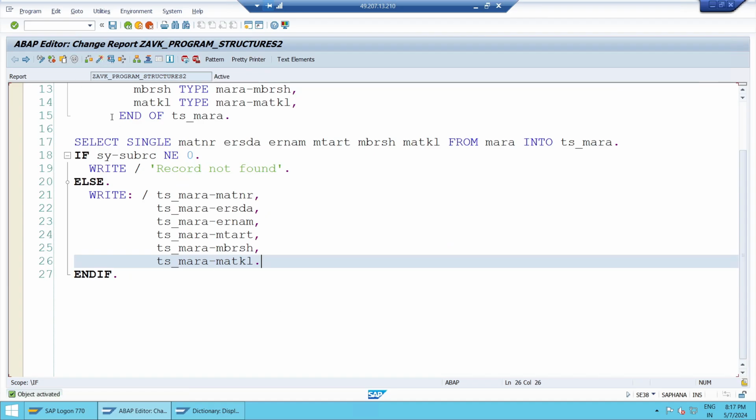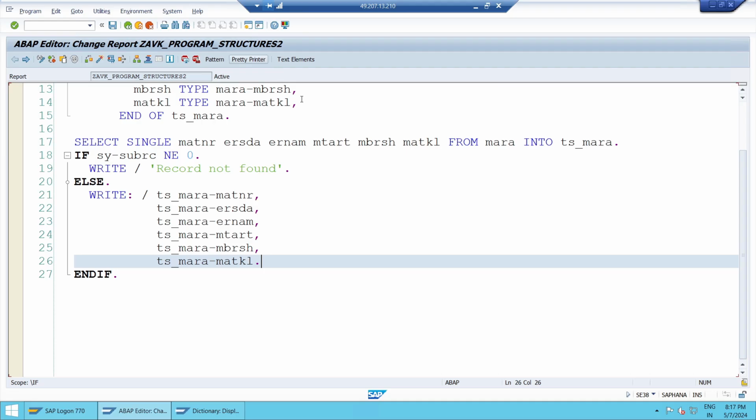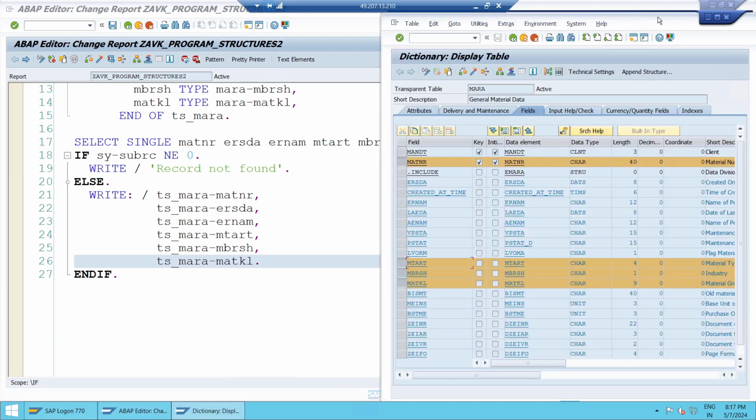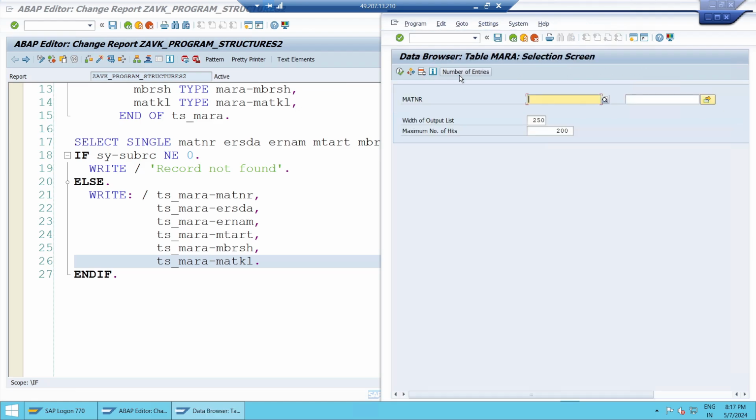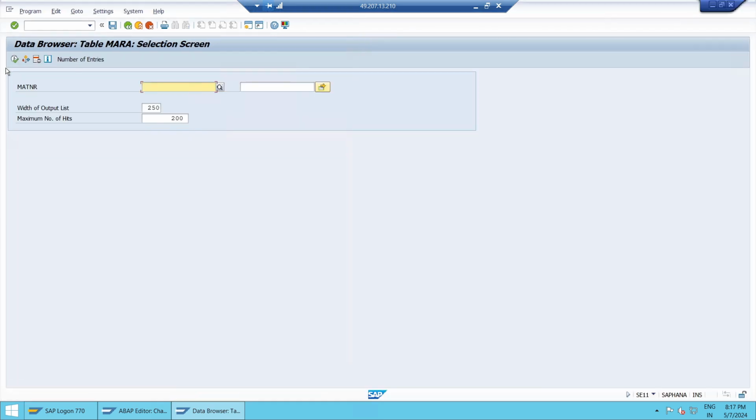Okay, done. So you look at this is the material, date, and all. So what is this? First of all, you have to know which data is there in MARA. If you look at how many records are there, some 17 entries are there. In 17 entries,